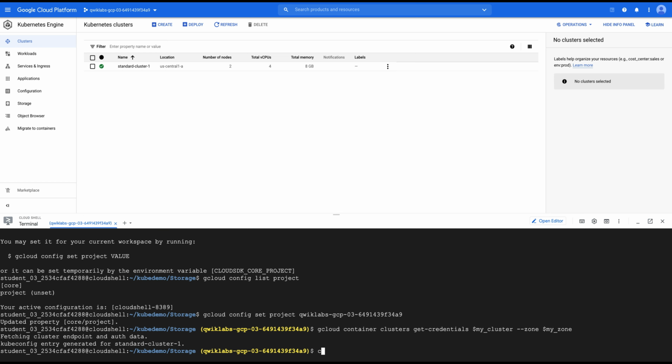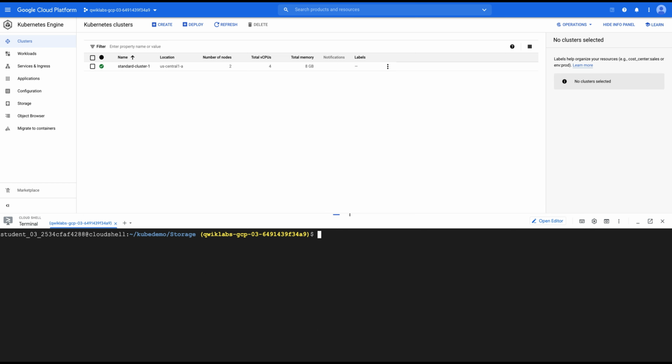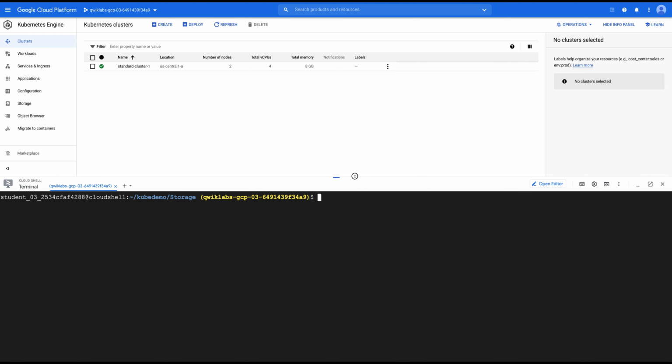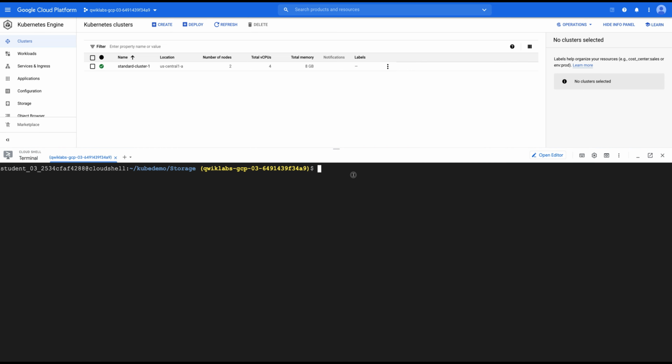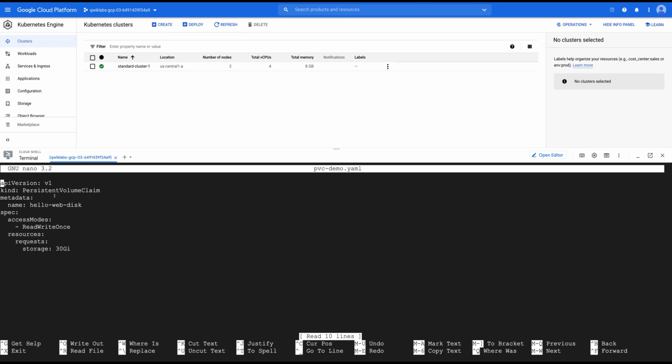Let me clear this first and move it a little bit above to get more space for my nano. So here is my manifest for creating a persistent volume claim.